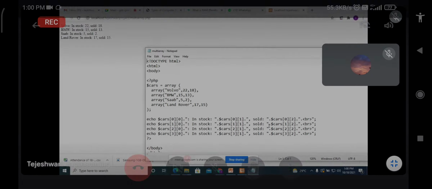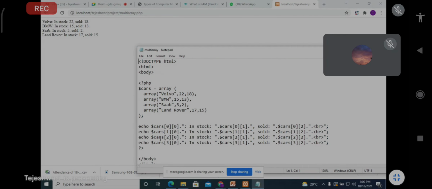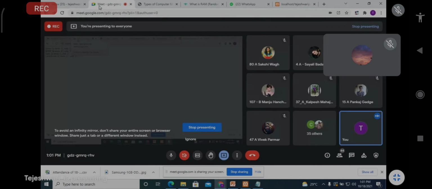So 18 will be printed. Next, the same, $cars[1][0]. What is the first row and zeroth column position? That is BMW. So BMW is printed, colon, in stock, [1][1] position, that is 15. So 15 will be printed. Next, sold colon, what will the [1][2] position be? That is 13. 13 will be printed. Next, the same for Saab and Land Rover. Whatever you declare for rows and columns in the particular table will be printed as the output.